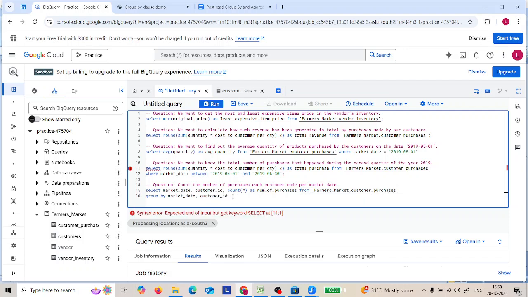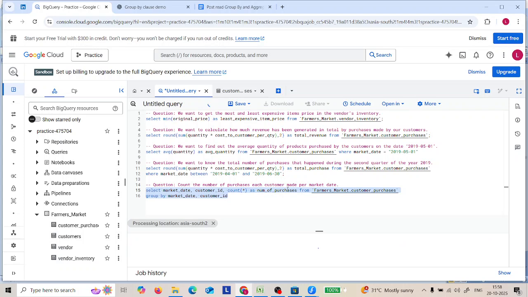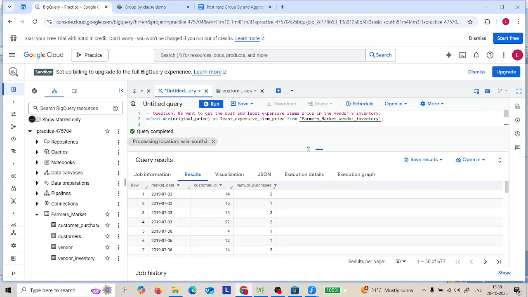Yeah, now if I run this query, yeah, you can see the records got reduced to 677, because what we did is per market